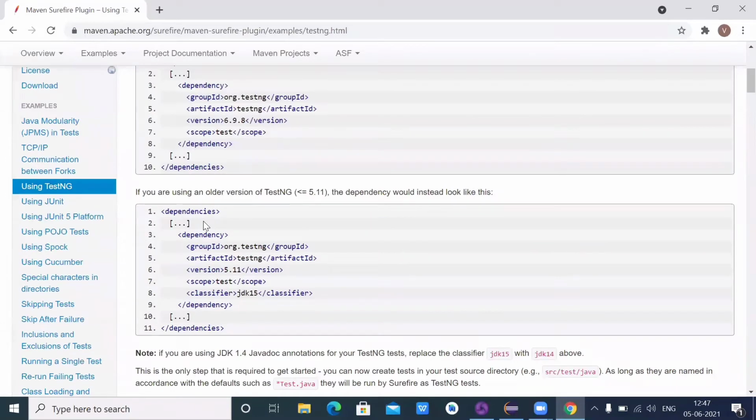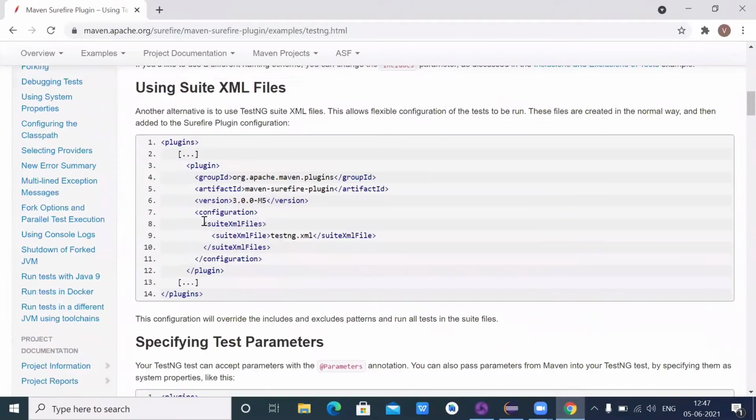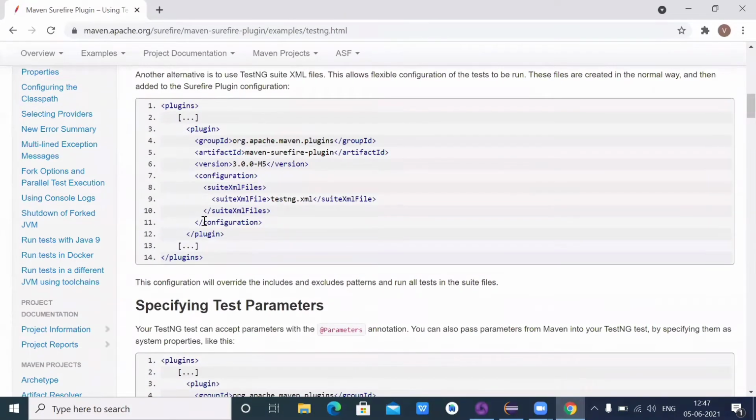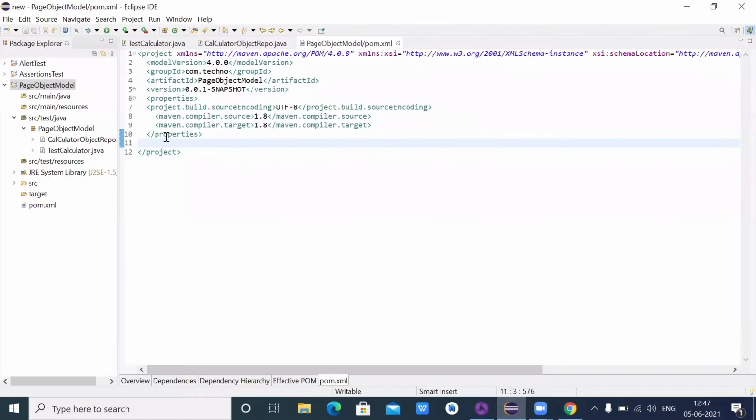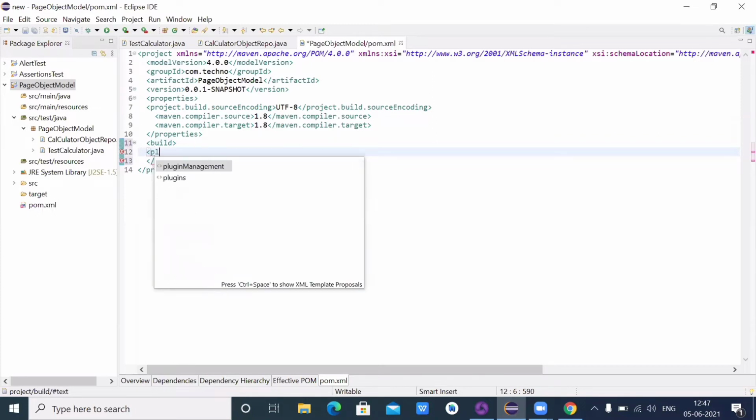This is the plugin, org.apache.maven.plugins maven-surefire-plugin. I want this plugin only, so I will take it. Before the plugin I also need some more tags, so I will first create one more build tag, and inside this build tag I will create the plugins tag.